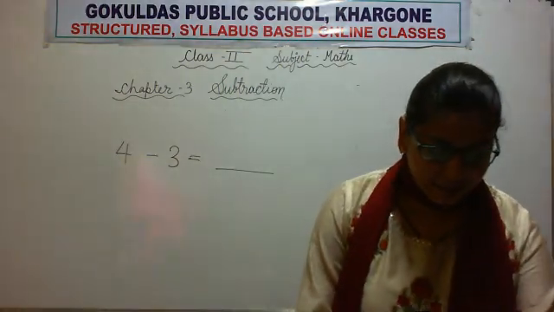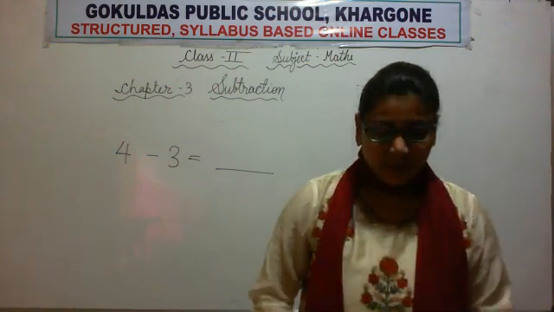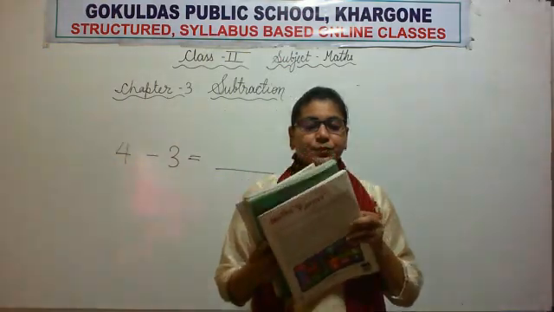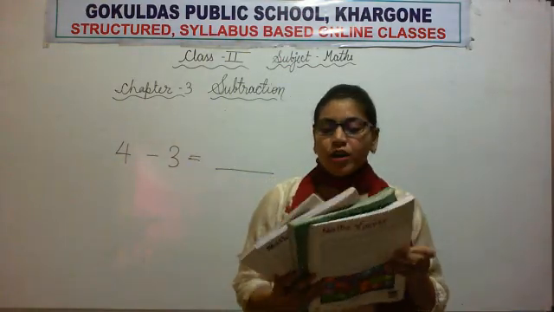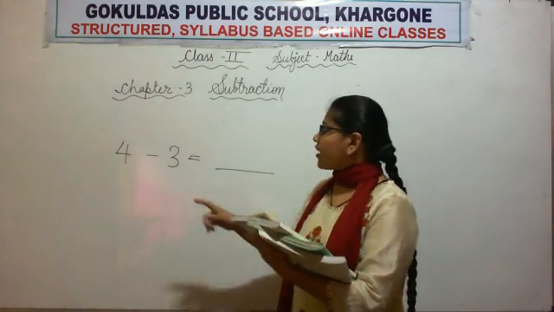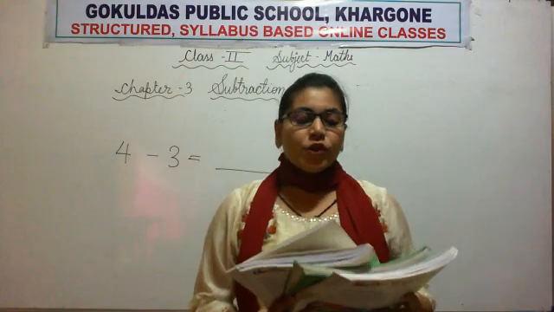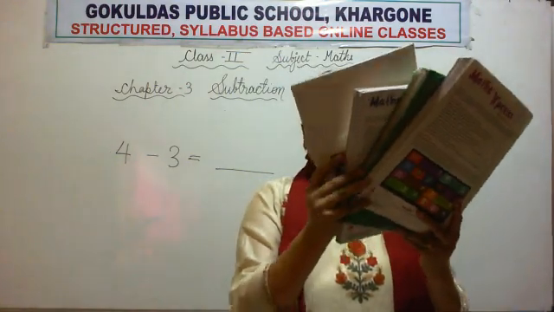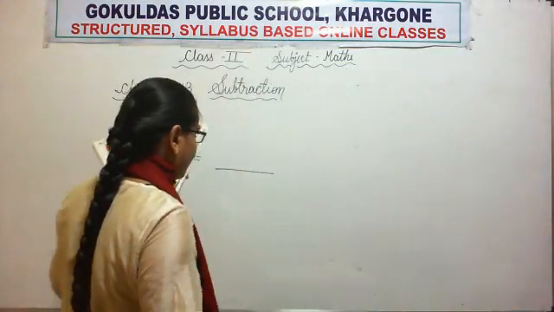Let's do it by the books. Okay. 1, 2, 3 and 4. 4 books. And what they are saying is to remove 3 from the 4. So let us remove. If we remove 1, we are left with 3.